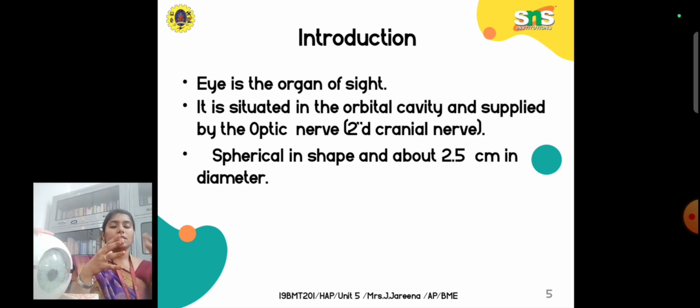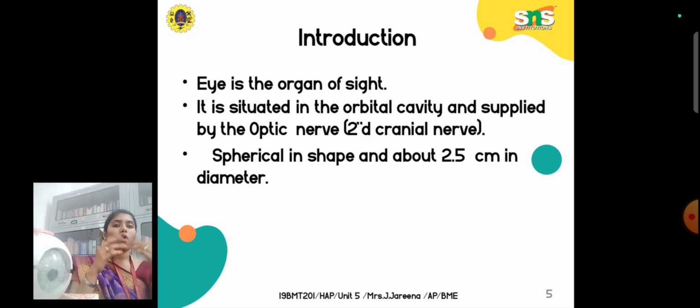First we will see the basic structure and function of the eye. Unless we know this, we can't study or understand what problem lies in the eye. Then in turn we are not able to develop a solution for that problem. So that is the reason we are now going to discuss the basic structure and function of the eye.